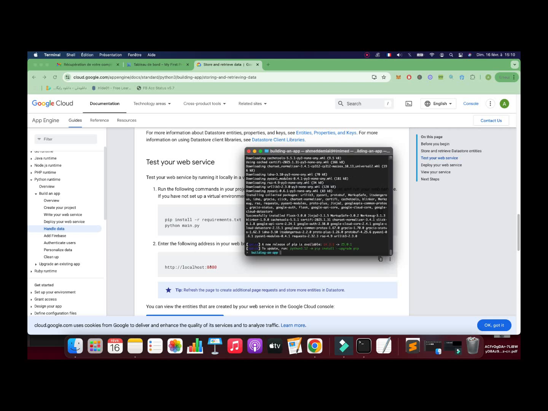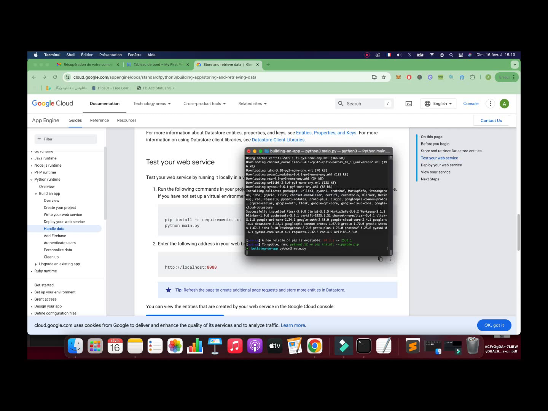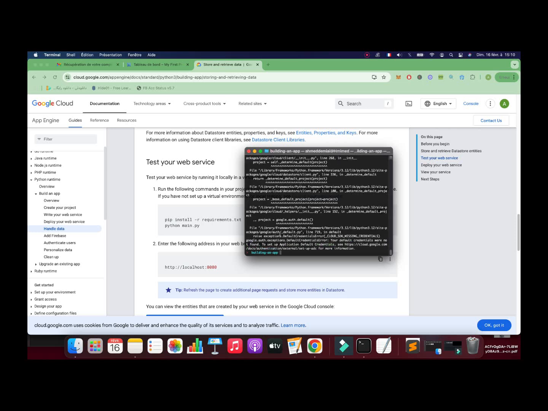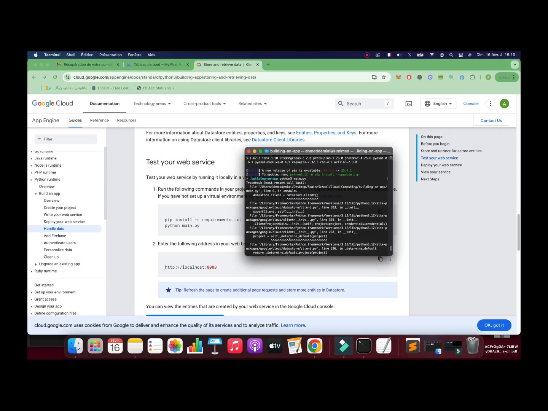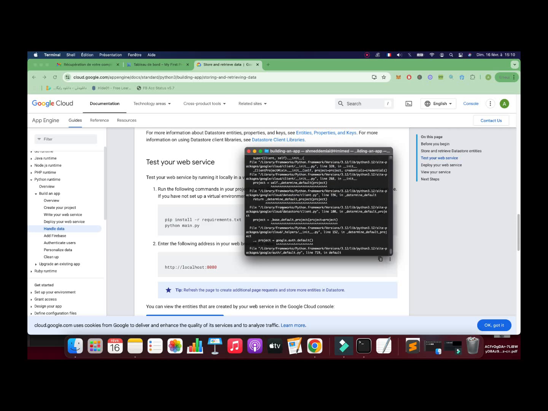So I should replace pip with pip 3 because I'm using an older version that doesn't support Python 3. So now I just do pip 3 and this is working perfectly. Okay, now we run our main.python using Python 3 main.python,